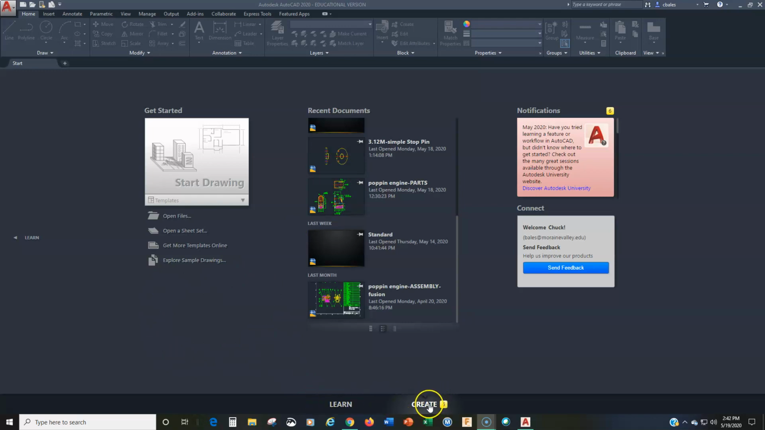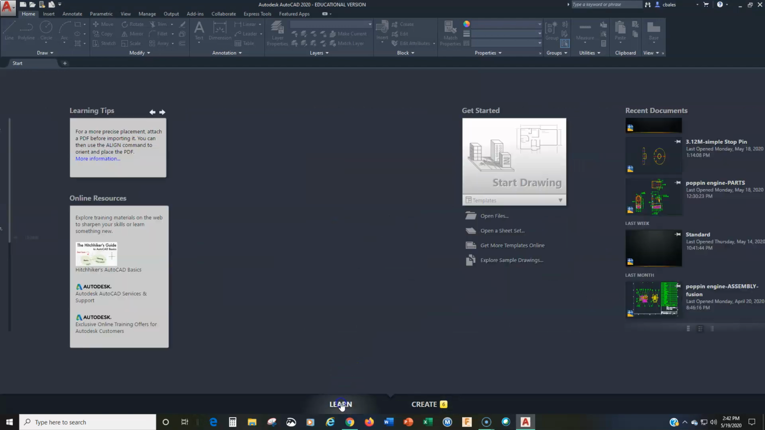But I do want to mention down across the bottom, you can see we have Learn and Create. Right now we're in the Create screen. A lot of people don't even know that this is there, but Autodesk has a lot of very, very helpful tutorials and different kinds of learning tools. So if we go to Learn,